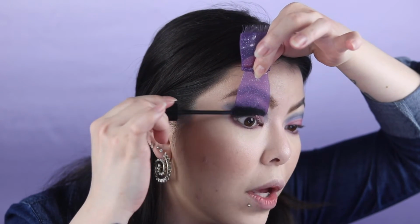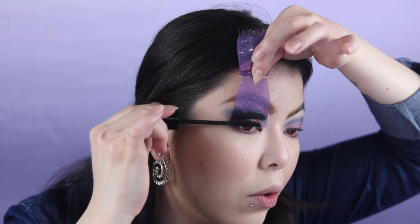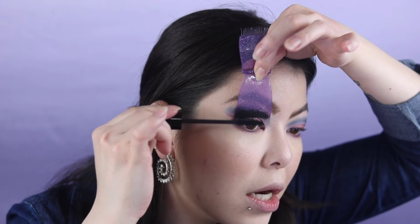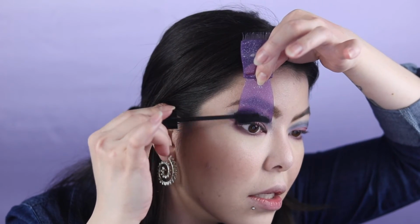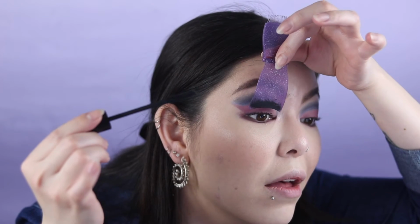Oh, wateriness. I'm gonna bust out the mascara guard here. I always have to do this with any mascara that's too watery or runny, because if I don't, it's gonna transfer to the hood of my eyes, and that is another downside of having hooded eyes, y'all. The mascara gets everywhere. Now it is definitely holding a curl for right now, but the question is how long is this curl going to last,